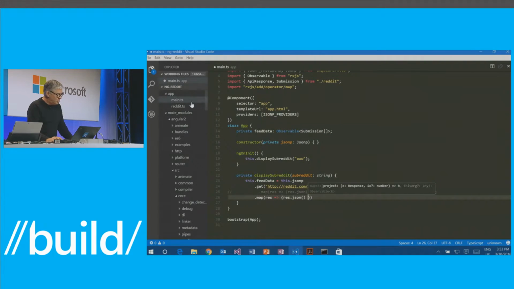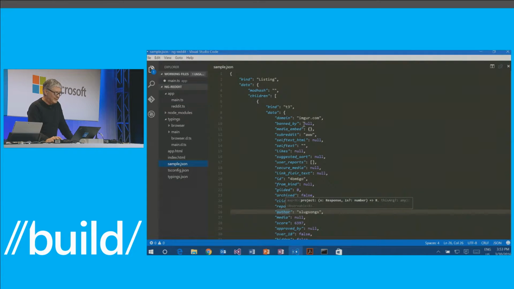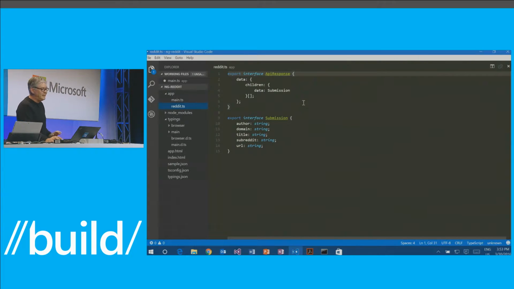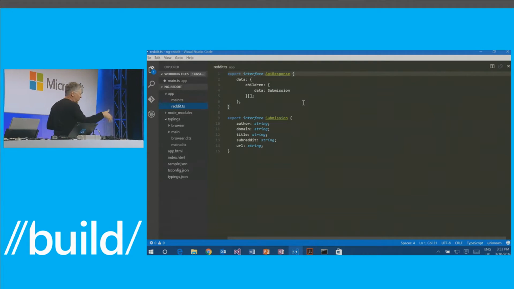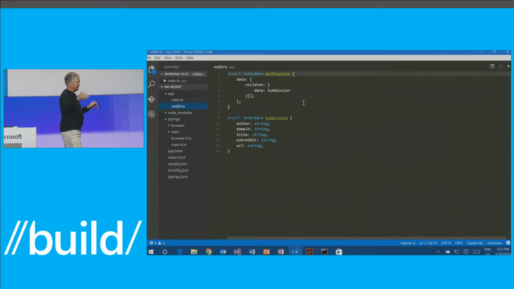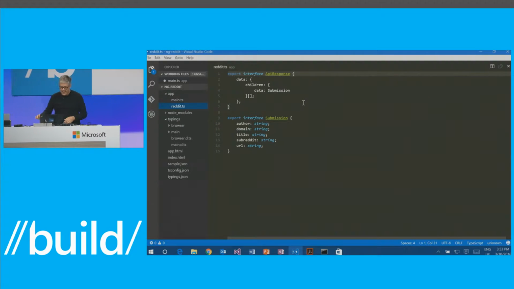And now what I can also do is go write down the types for my JSON. So here's a sample of the JSON that comes back from Reddit. And it has, as you can see, an object with a data property that has children, that has data, that then has author and whatever the things that we're interested in. Now, if I go look at this file here, I have written down the type declaration for the JSON feed. So I've declared a JSON API response as those three properties, and then I've declared the properties that I'm interested in and their types.